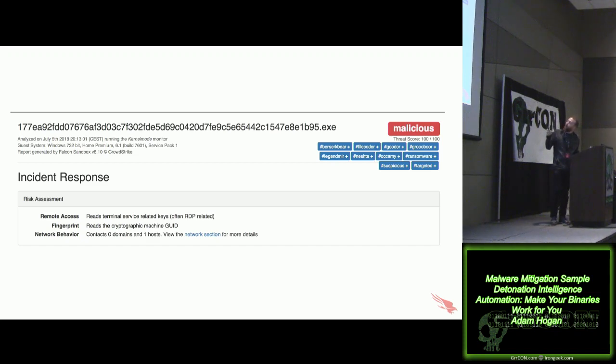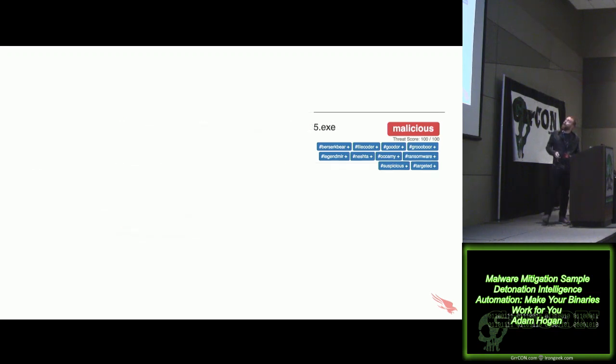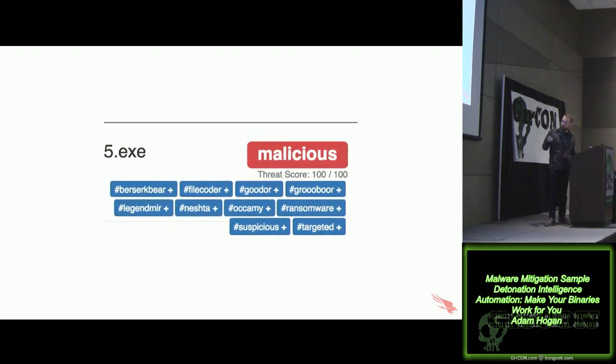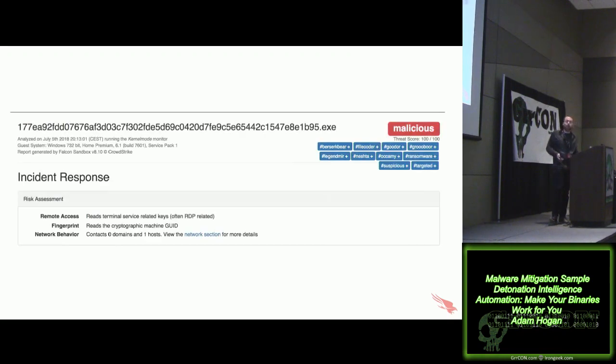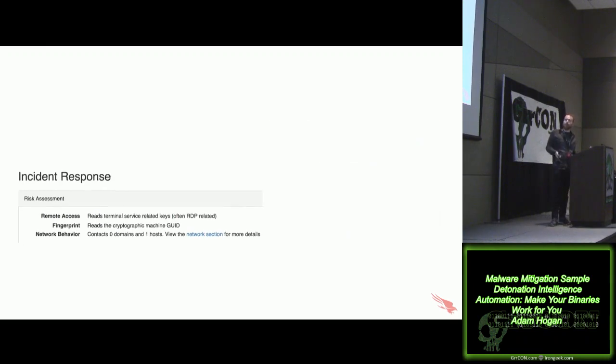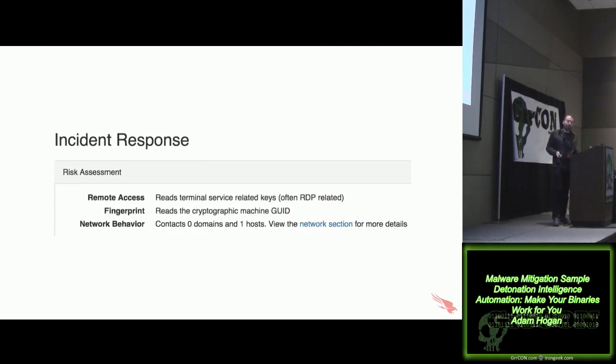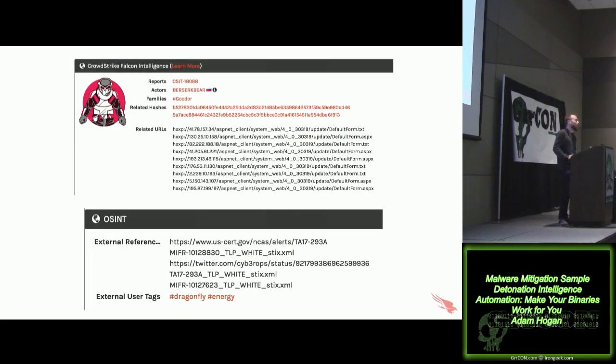We can pull back and see not only that we think it's malicious, the threat score is 100 out of 100, but we do also, again, get a number of tags that are going to tell us this is... okay, there is another way to pronounce it, right? I don't, GrrCon, so someone else named it, right? And we'll see a couple other names there, and you see, tied back to BERSERK Bear from the crowdsourced intel. And the risk assessment we saw in the previous page. Know that, yeah, it's actually providing some remote access. It's fingerprinting the system, and we do actually see some interesting network activity, so we'll be able to drill into that. But this is also immediately correlated with our threat intelligence.